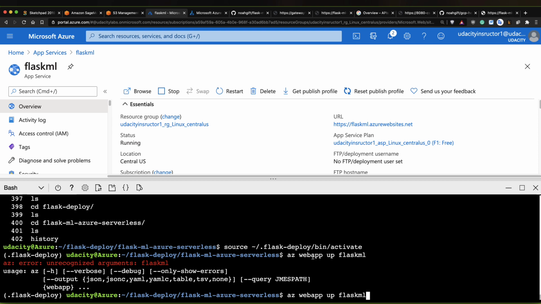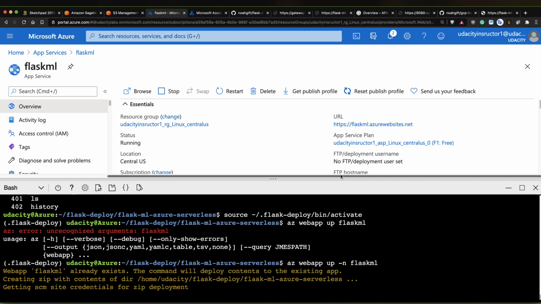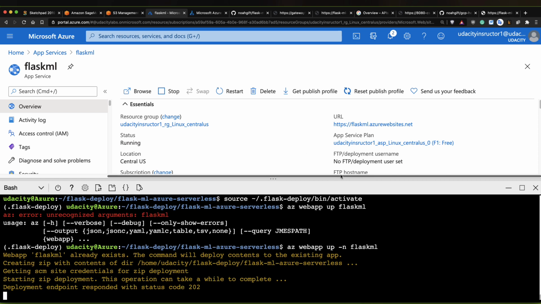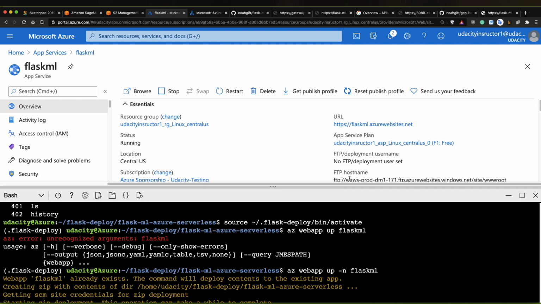Web app up. Was it dash in? Already exists. We'll deploy contents to existing app. There we go. Okay, great. So something worked. So basically, again, it's kind of similar to Google App Engine. It looks inside the directory. If there's an endpoint available, it automatically deploys it. Now also, if I go here, that would serve out the empty route,